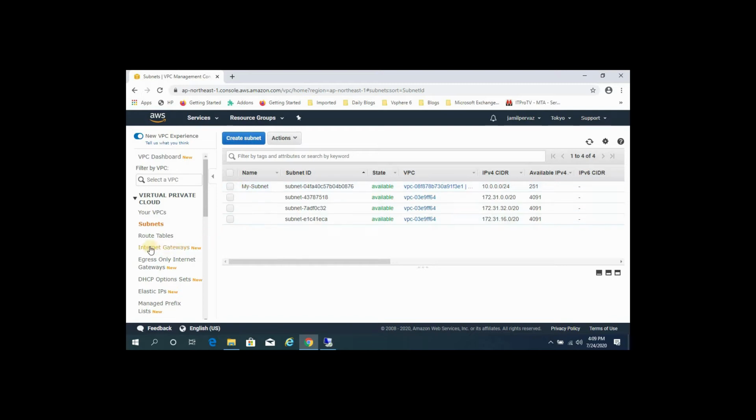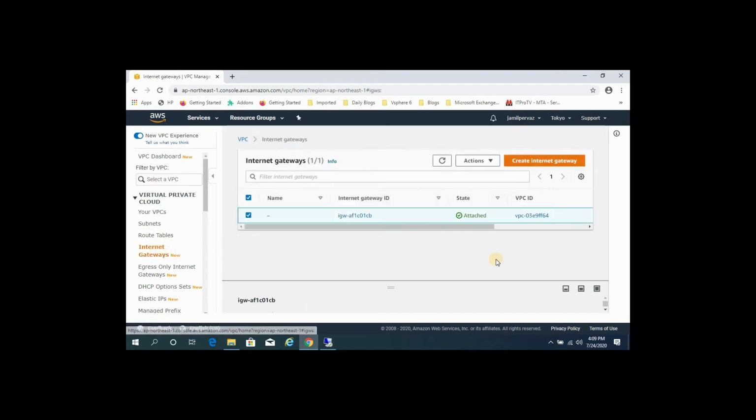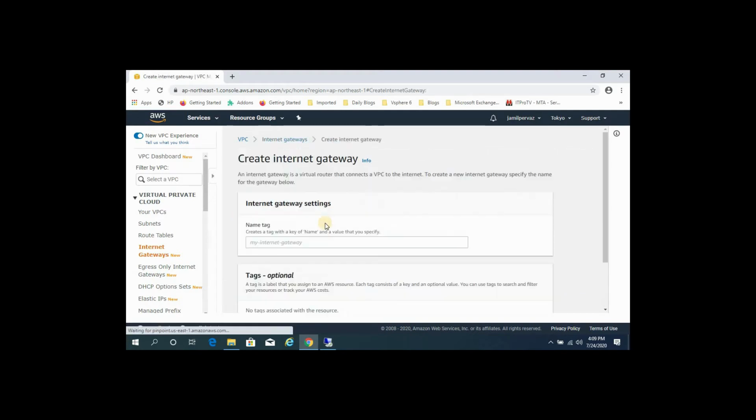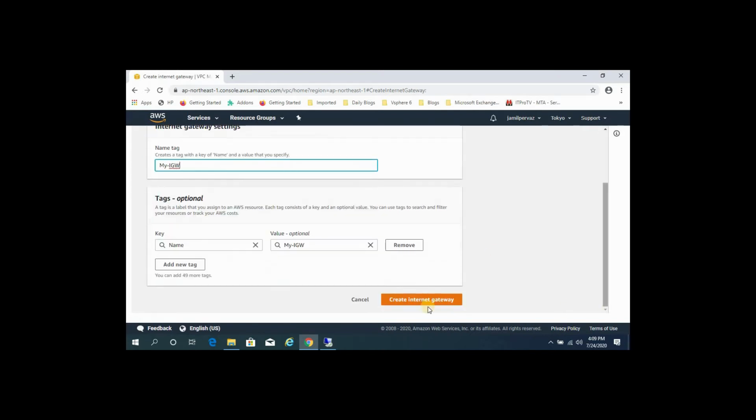The next step is to create an internet gateway. Select Internet Gateway. This internet gateway is the default one, so we will create a new one. Click Create internet gateway and type a name, my IGW. Click Create internet gateway.